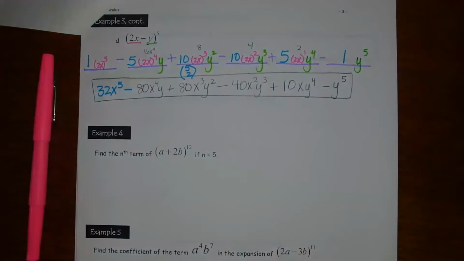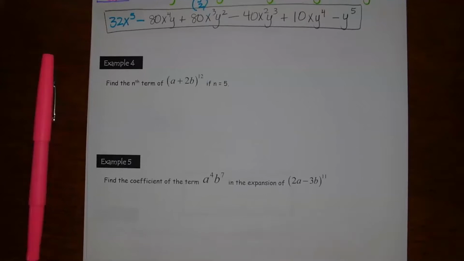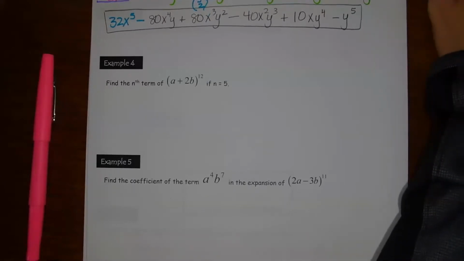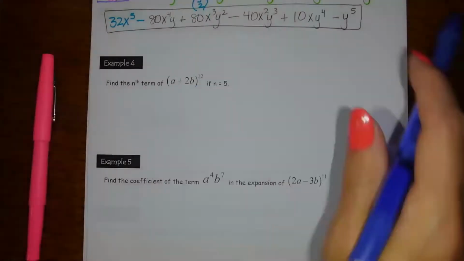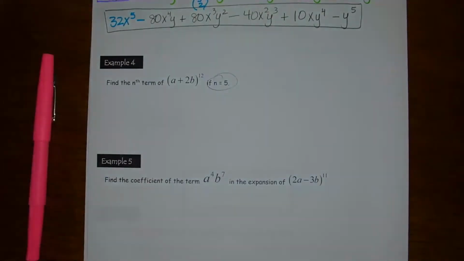Now, what's your option if you don't want to get used to the pattern? Then you have to take this and multiply it out 5 times, right? Ooh, that sounds bad. Now, the truth of the matter is, I don't usually ask you to write all those. We're not usually interested in that. We don't usually want the whole string. We want the nth term. I want the 5th term. I only want one term. I want the 5th one. So how am I going to find the 5th